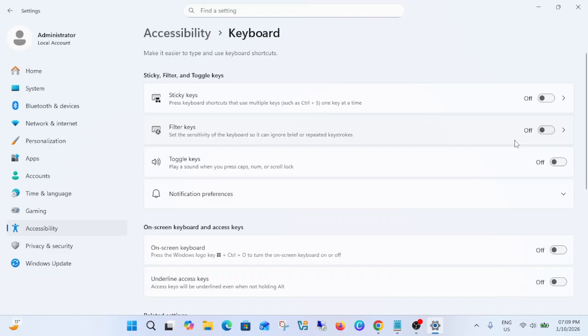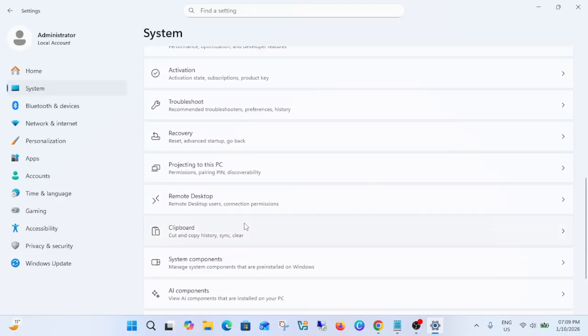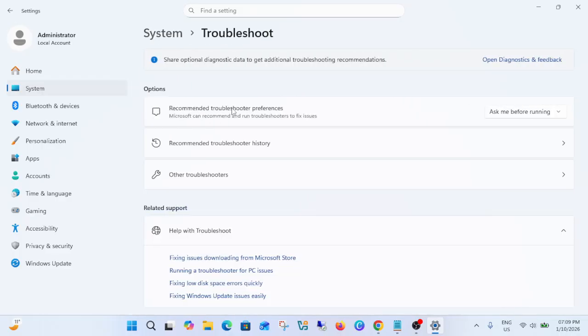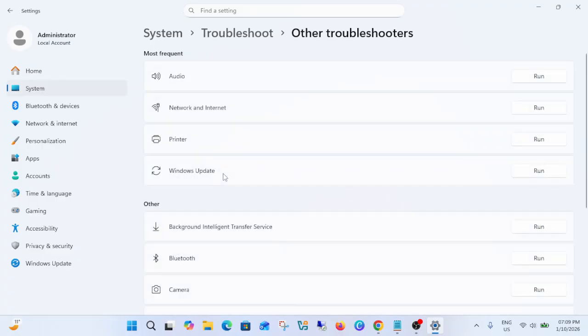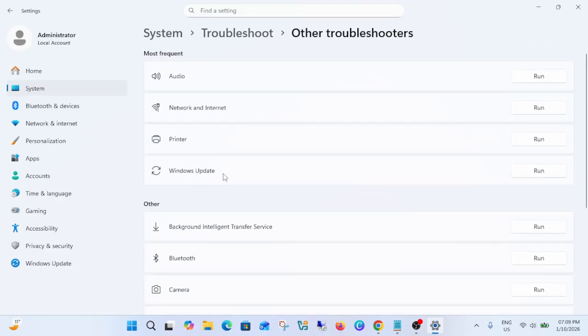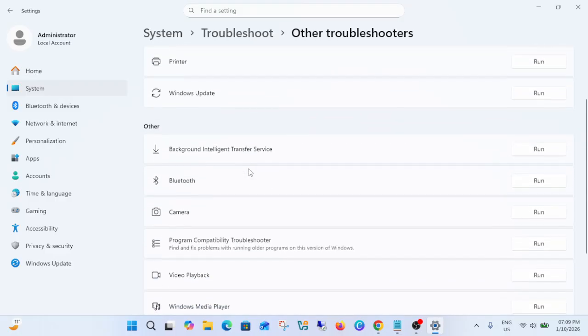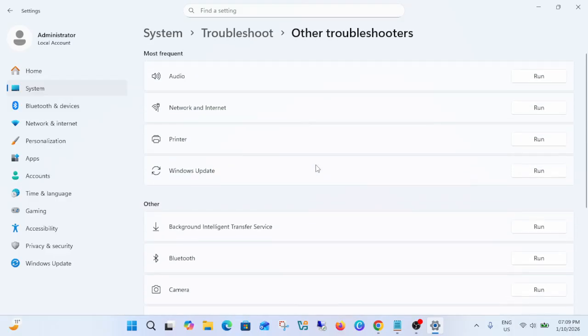If that is also not working, what you can do is go to System and look for Troubleshoot, Other troubleshooters, and simply run the keyboard troubleshooter here. In my case, keyboard is not showing up here, so we can run this program compatibility troubleshooter